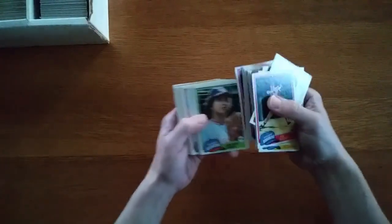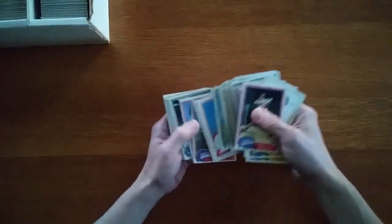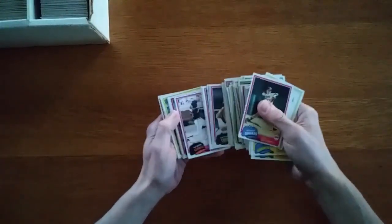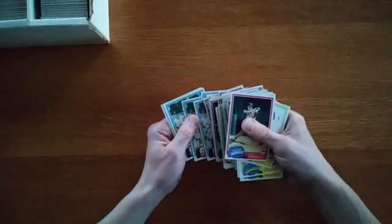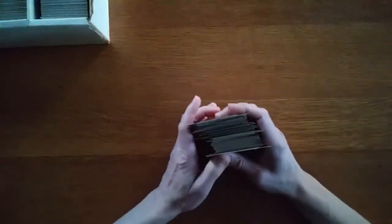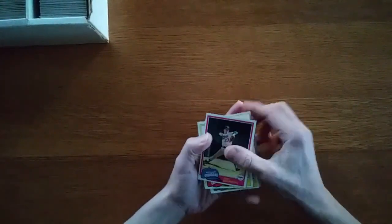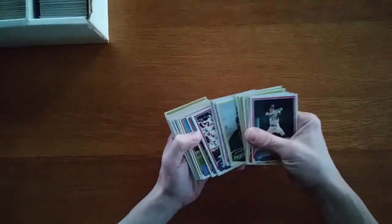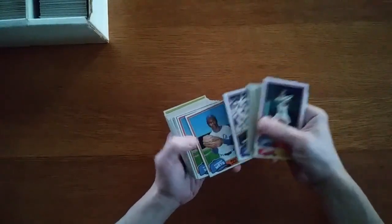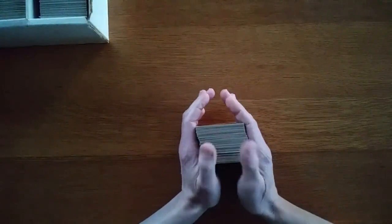because one, this is the first set that I collected. These are the first cards that I would have bought. My mom bought cards for me at the grocery store in 1981. I didn't really care for baseball then, but that was also the strike shortened season, and seeing as how we're going to have at best a short season here in 2020,